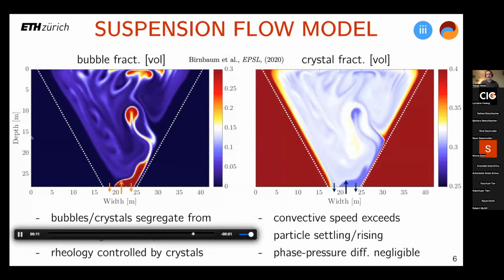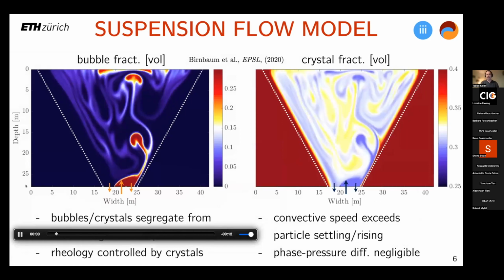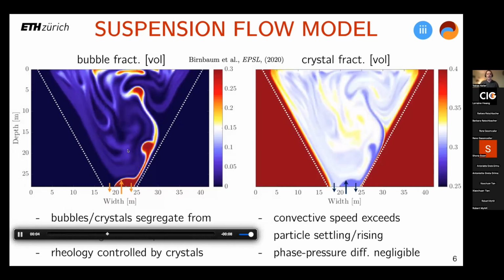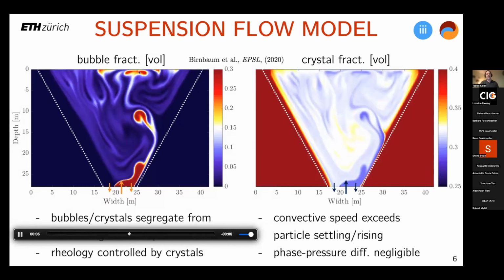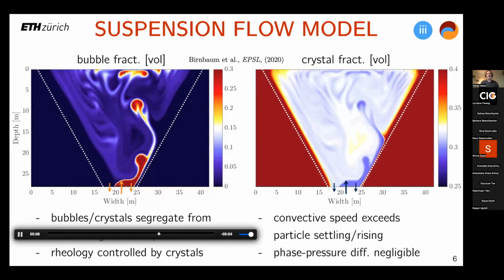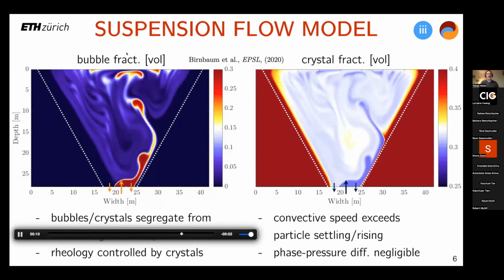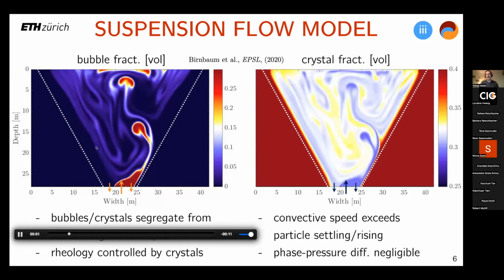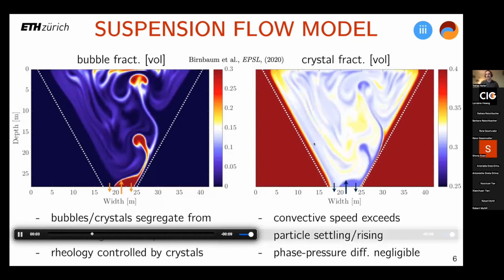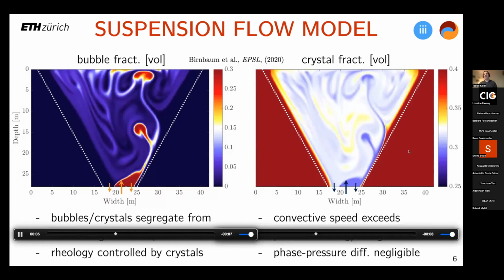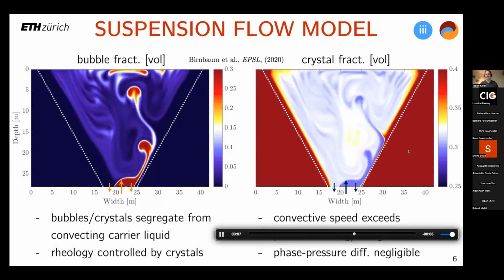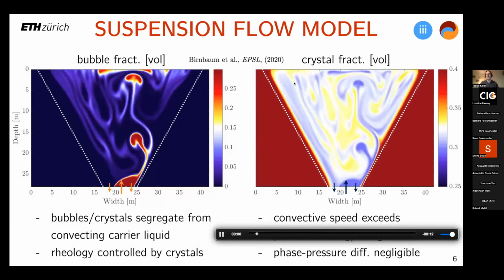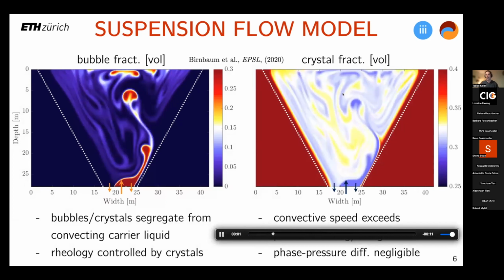This is now on a completely different scale, so rather than hundreds of kilometers, this is now on dozens of meters. And that bubble-rich lava streams to the top under its buoyancy, then passes its bubble content onto the atmosphere, and the now denser and degassed magma sinks back down. And this is all modulated by a complex rheology, which is stiffening when crystals start coming up into the lava, and crystals come up because the lava is exposed to the cool walls and the cooling surface of the lava